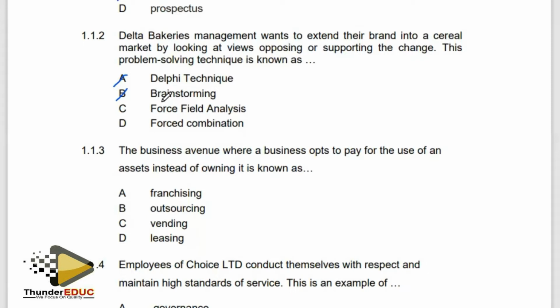This is not about employees discussing a problem, solutions for a given problem. Therefore, it's not a problem-solving technique in the question here. This is not what is required. Let's look at what is known as force field analysis. Under force field analysis,